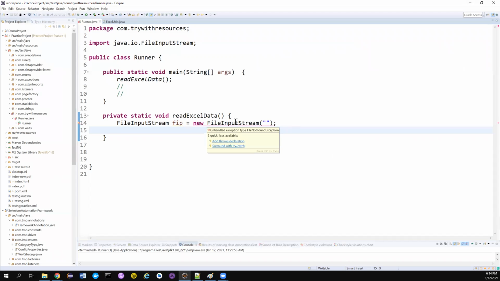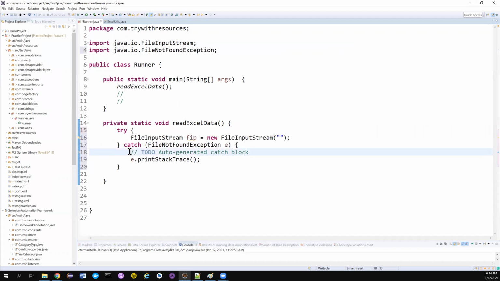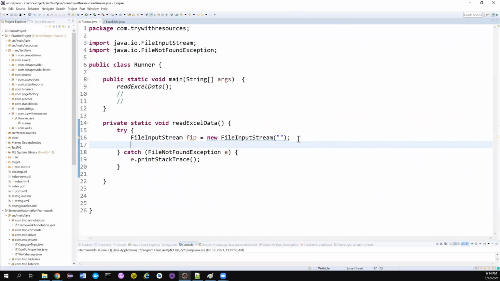Now what I'm going to do is surround this with a try catch block. So now I'm handling this myself. I have created an input stream connection, and then I'm writing some code to read from Excel. This is all good, but there is a problem. If there is some exception happening in this code, after I created the input stream connection, while I read the value from the Excel sheet,